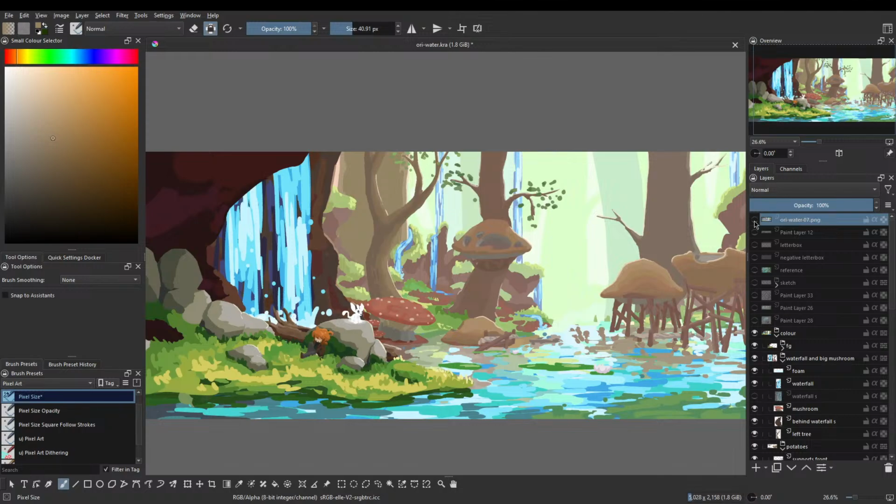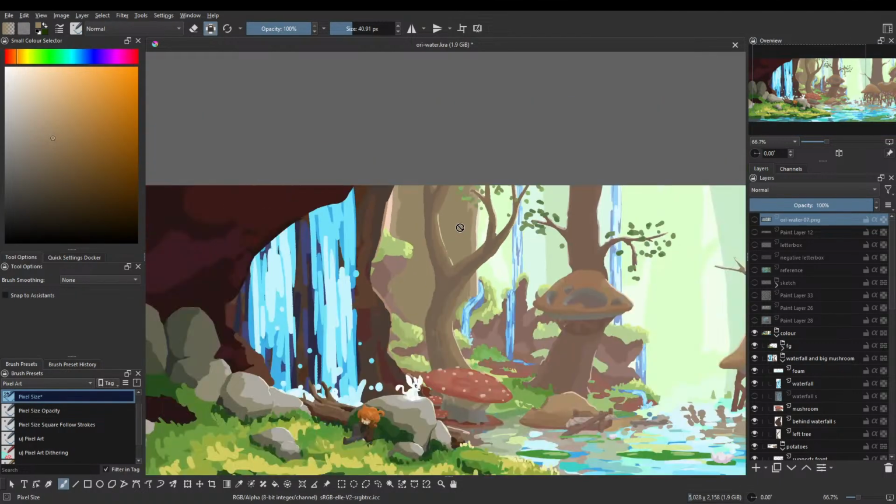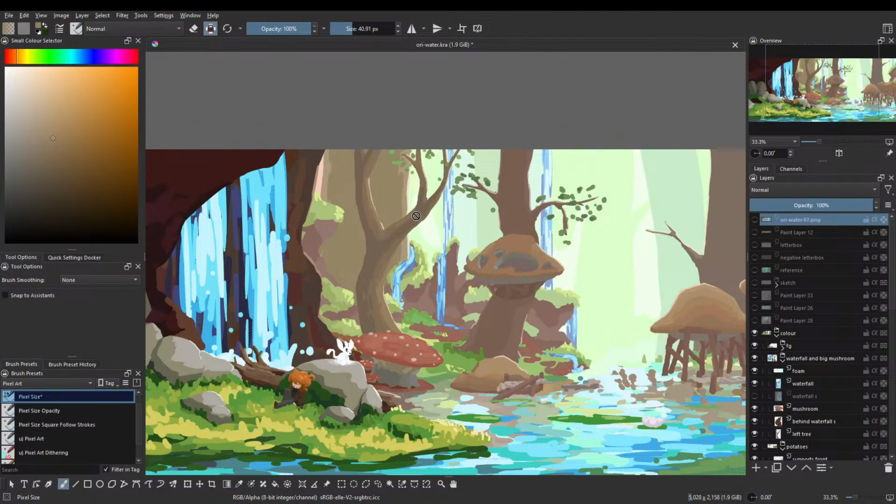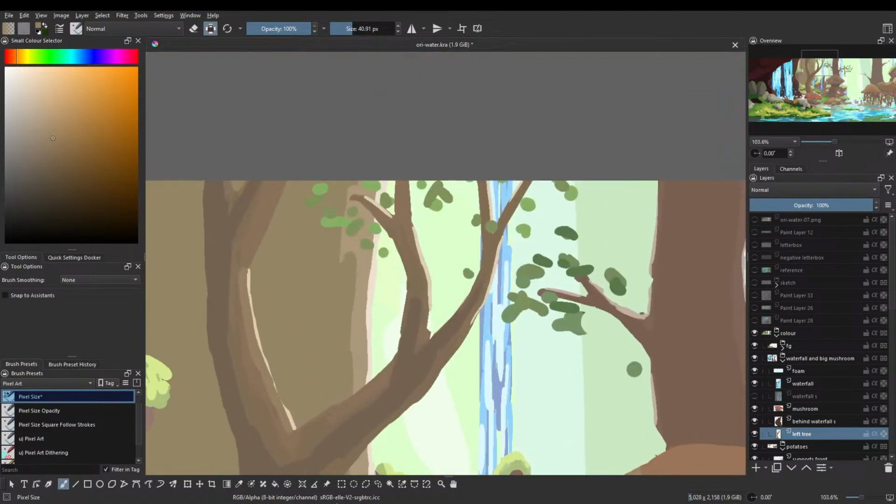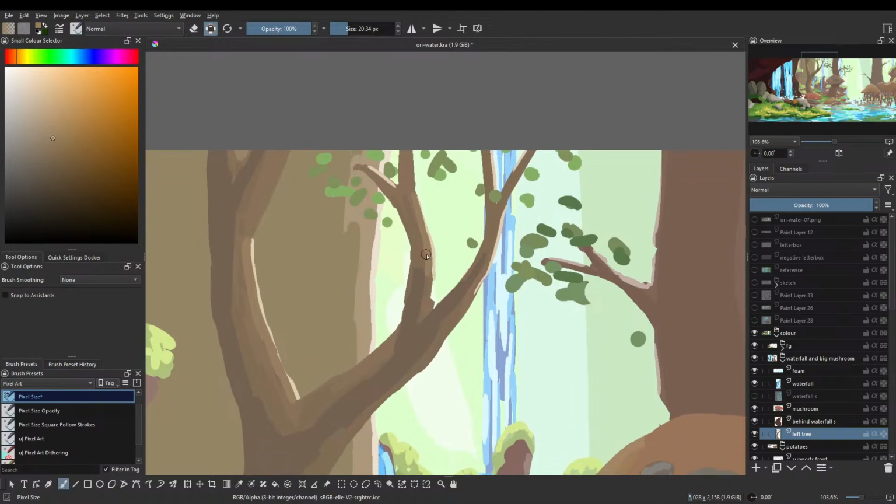So yeah, that's a big improvement in terms of making that tree actually look dimensional. A lot of additional dimension achieved. I think maybe a little bit of an improvement also to this up here could help.